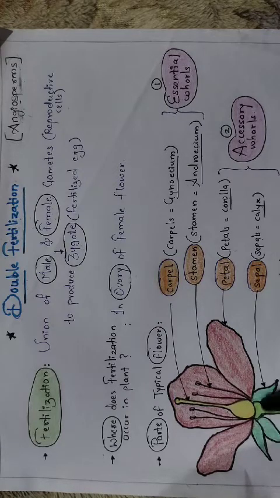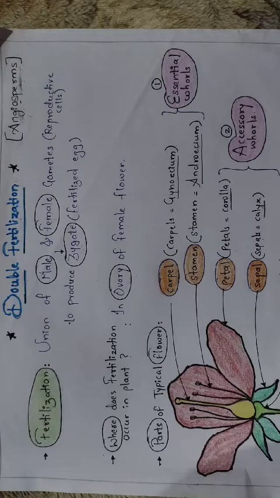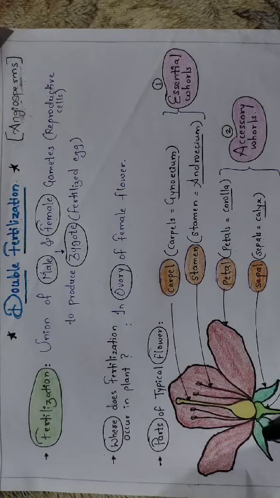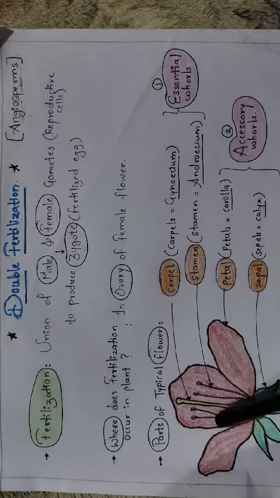The lowermost part is called the calyx. You can see the calyx is green in color. The main function of the calyx is to carry out photosynthesis to a certain extent. One more role of the calyx is that, as you may have seen in any flower in the bud condition, the green outgrowth, which is the calyx, covers the entire floral whorls. So the calyx plays a role in protecting the inner floral whorls. So this is about the calyx.